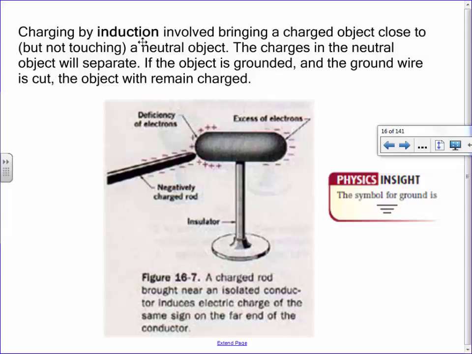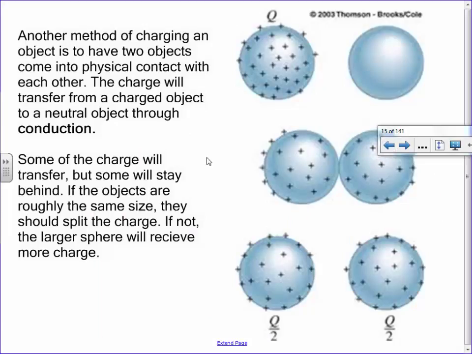Okay. Conduction is where you take something that's charged and you literally touch the charge off to something else and it shares its charge. It shares it based on surface area. So if I had something that was a very large object and I touched something very small, only a small portion of the charge would go from the large object to the small object. Right? But if they were, say, evenly sized, well, then they'd pretty much split the charge in half. So if this were a charged object and this were a non-charged object, and I touched them together, they'd each take half of the charge, more or less, if that makes sense. So that's induction, where you literally touch one object to the other one. Sorry, that's wrong. Conduction is where you actually touch this object and this object together.